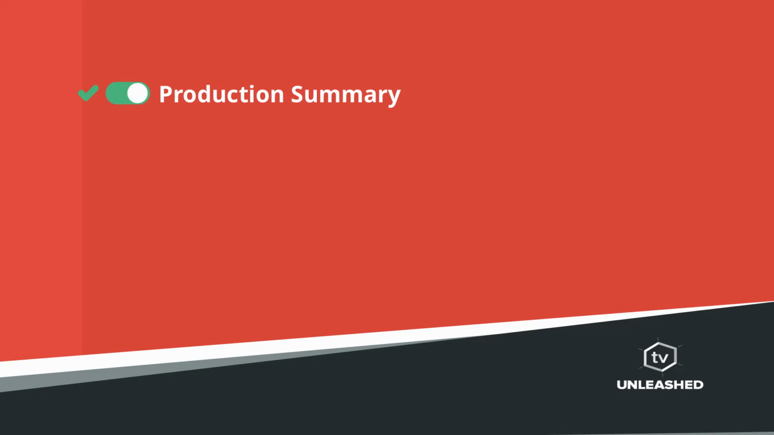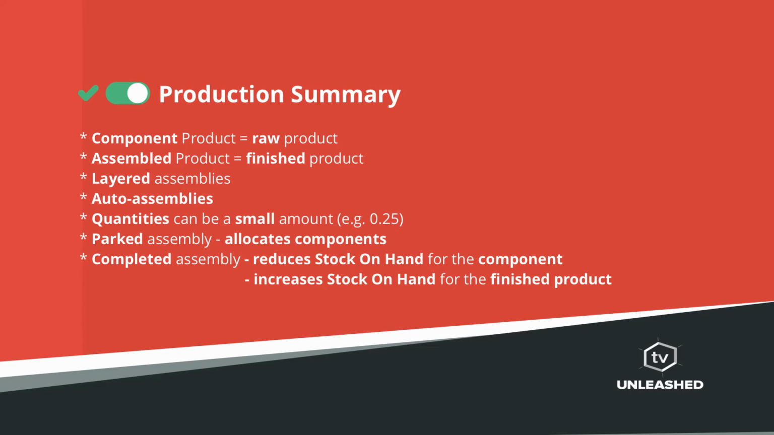Let's have a look at the summary for production. So our component product is our raw material that is going into our finished product. We then said that the assembled product is the finished product that we are going to build. You can also have a product that is a component and an assembled product, and this allows you to do layers of assemblies. We can have auto assemblies,